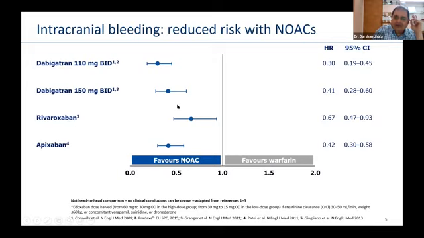All drugs reduce intracranial bleed, so this is good news. But barring that, there are other bleeding episodes, not just intracranial bleeds, which we have to face as clinicians. And that is why, if you're looking at intracranial bleeds, there is no reason to choose one over the other. Of course, dabigatran and apixaban still are better than rivaroxaban. So the bottom line is that dabigatran and apixaban seem to favor less bleeding, and they are as effective.